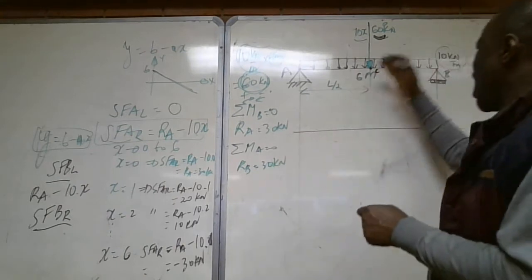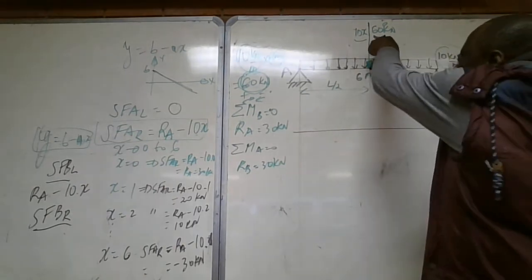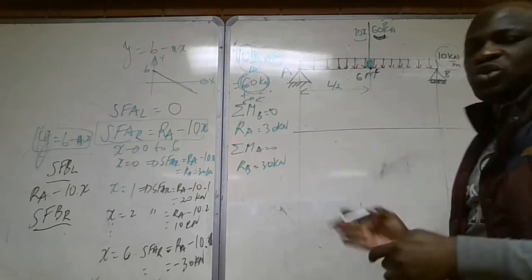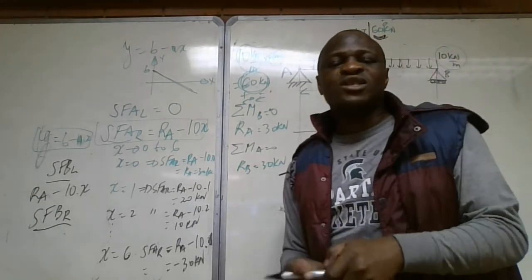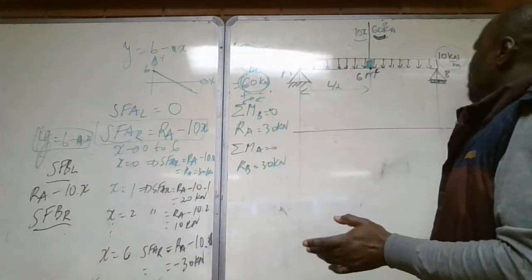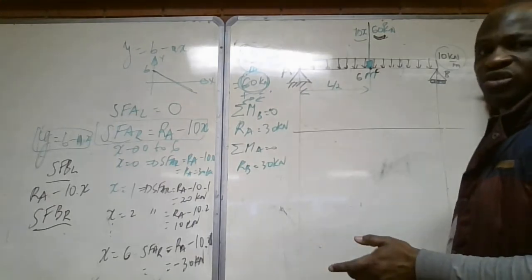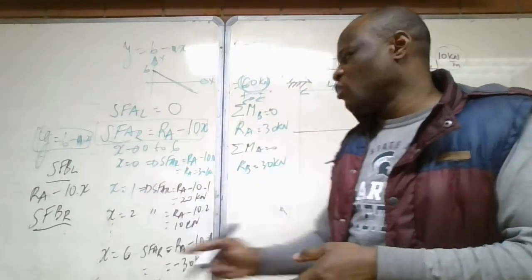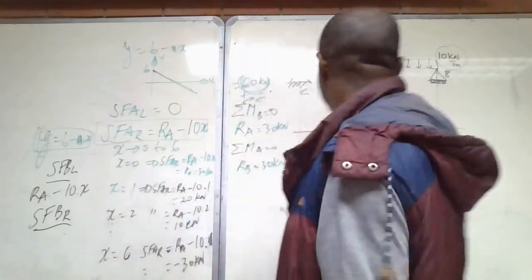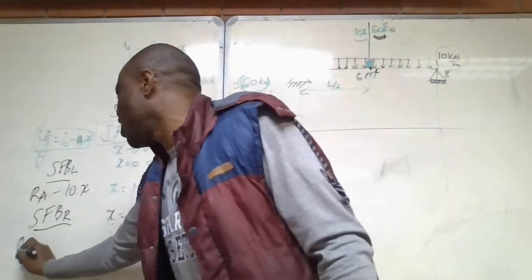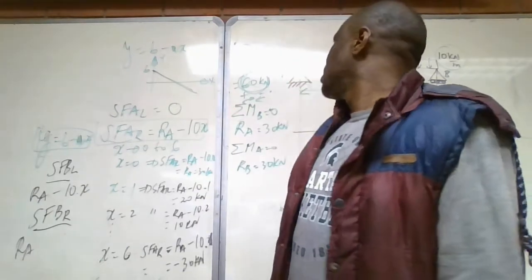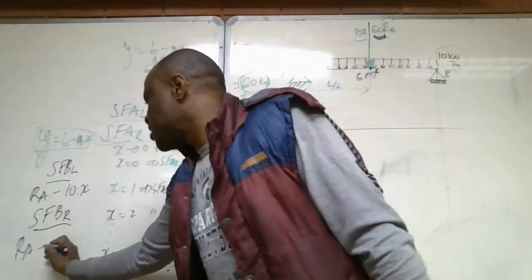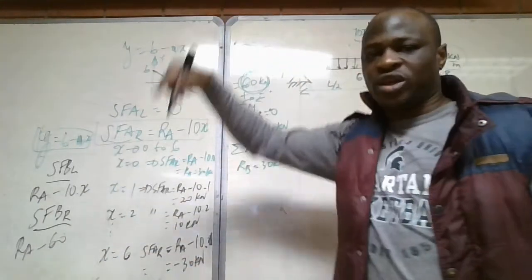It means now outside of B, we'll use 60 because we don't have the variability of the load anymore after B. There's no variation of the load here. There's no distributed load. Then what's going to be the equation here? After B, it will be Ra, as you can see. It will be minus 60 because 60 is going downwards.